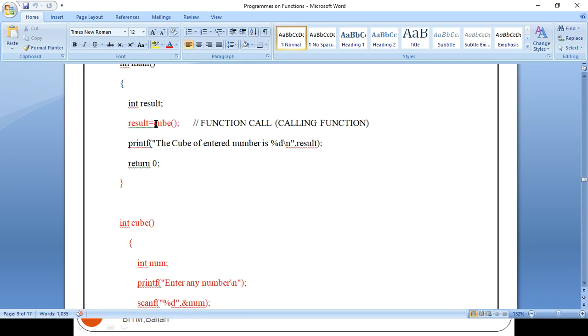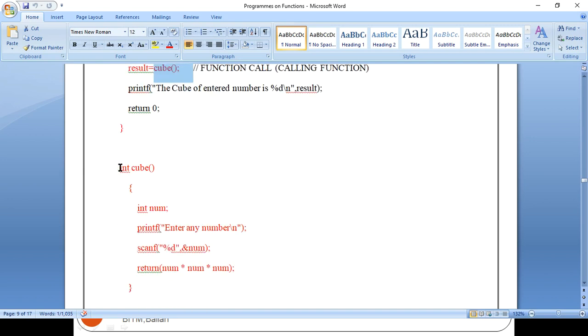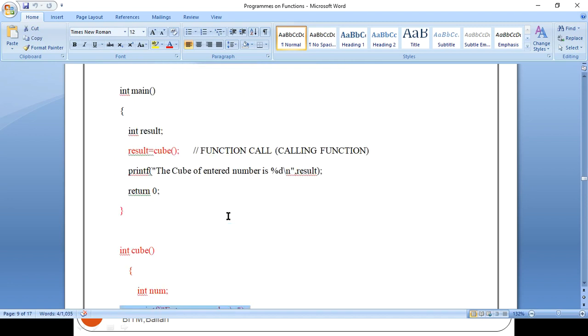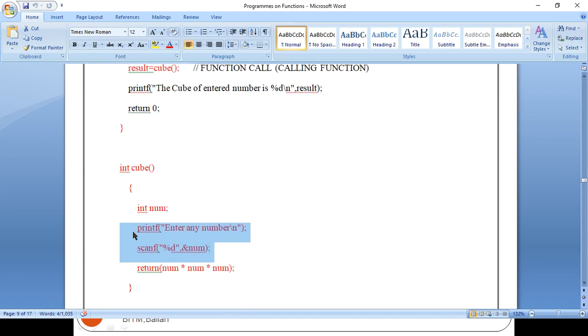So the moment there is a function call, the control transfers from the calling function to the called function. So here we ask the user to enter any number. Can you see here, since we are not passing any parameter from the calling function to the called function, we need some value to compute. So we are asking for it in the called function. The moment the user enters any number, we are going to return the cube of it.